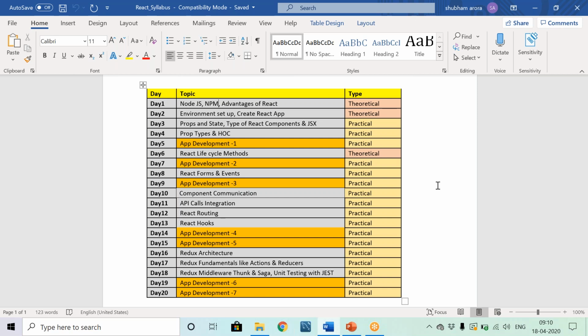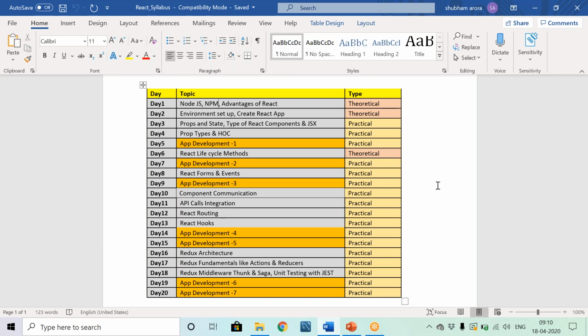Then we'll see how to create React forms and events, right? At the end of the day, the ultimate goal is for our web application to interact with the end user. So we'll make our application interactive with the end user. For that, we'll create a form, we'll ask the end user to fill in that data, and then we'll save that data in our database, right? So we'll work with React forms. Again, we'll create one more application using all the concepts that we have covered till now.